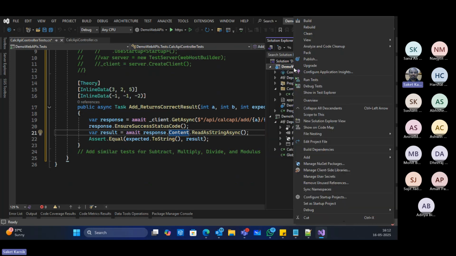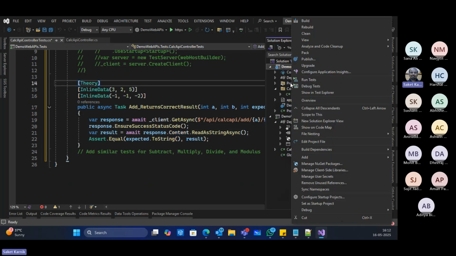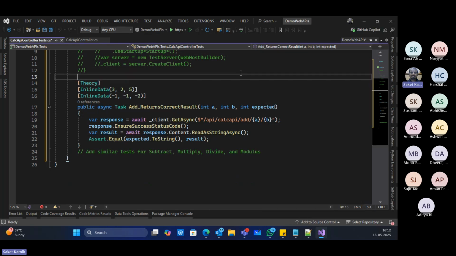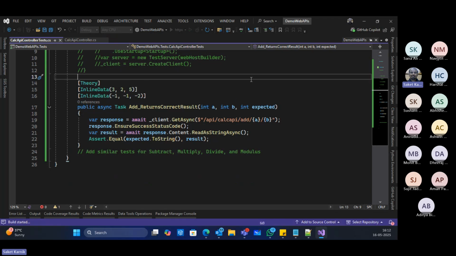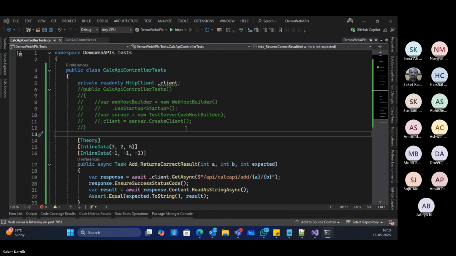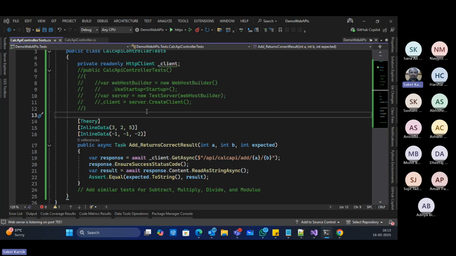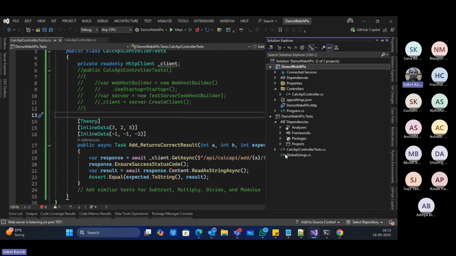Your API must be running in this case, as I'm not using this part as of now. So here I just say set this as startup project, and debug, start without debugging to launch your APIs. HttpClient will be needed here. So we don't have the startup class as such.